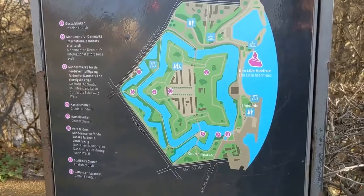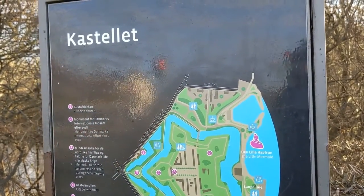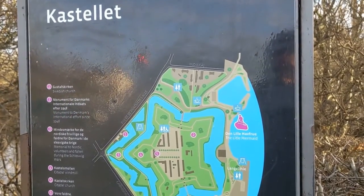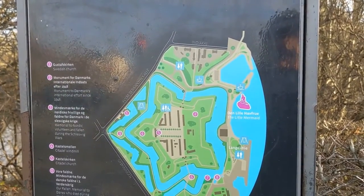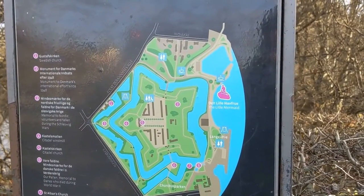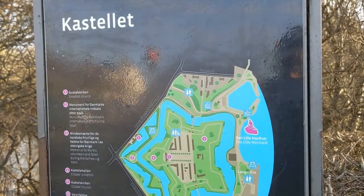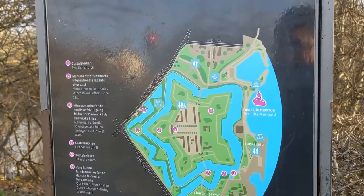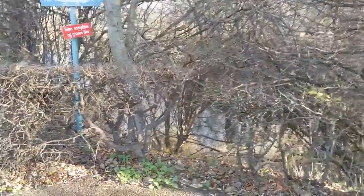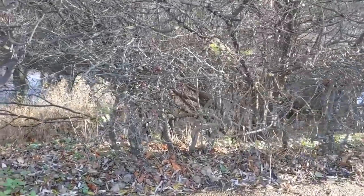Okay, since the weather is pretty decent for late December, I figured I would come to, I think, the Kastellet, or the Citadel, which is one of the best preserved forts in Northern Europe. This is basically one of the old fortifications of Denmark, and it's one of the only things that's still standing. So I'm standing at the entrance map, basically, and you go down here, and preferably you don't die, because